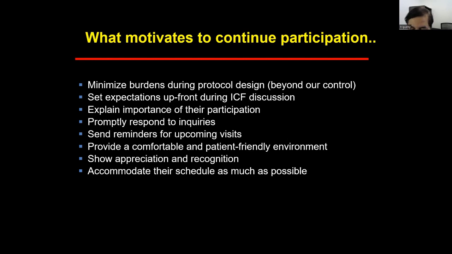And if anybody is interested to know more about how to enroll veterans in their studies, you can always contact me. I'm part of the Foundation of Advancement of Veteran Healthcare and Research, and I can give you more information. I think that should be the last slide. It is the last slide.